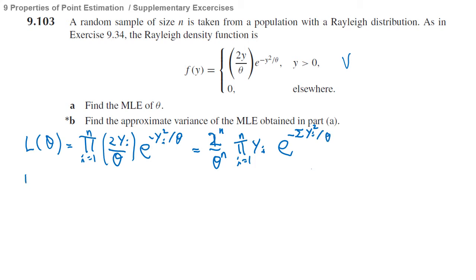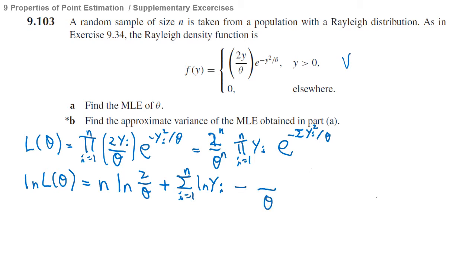And if we take log, take ln, then this will become n ln 2 over theta plus sum of i equals 1 to n ln yi and minus sum of yi square,